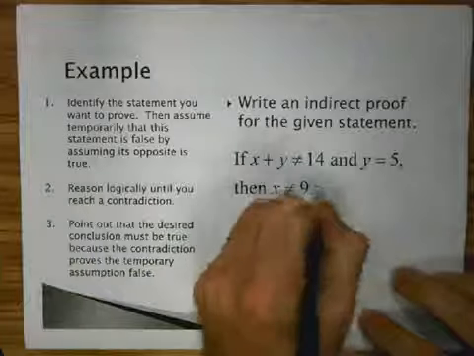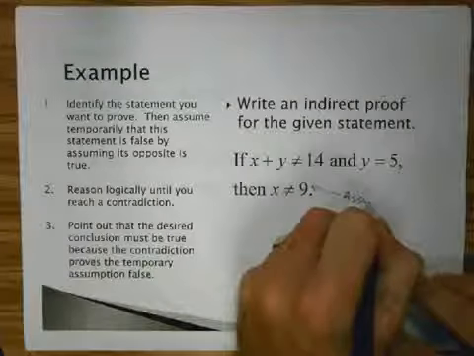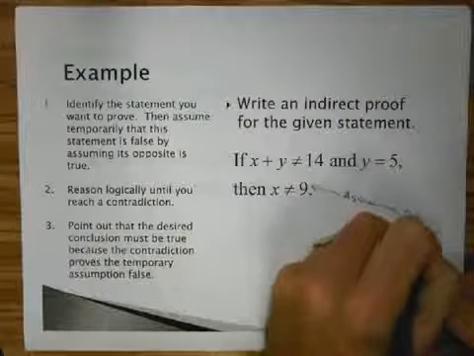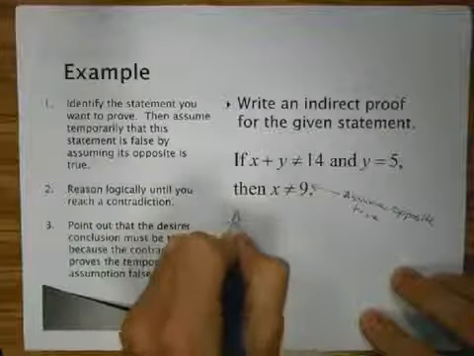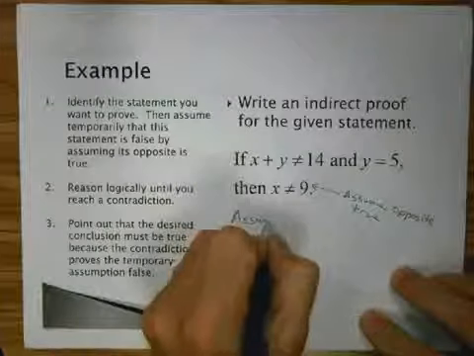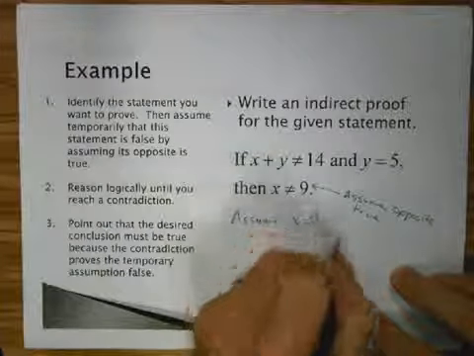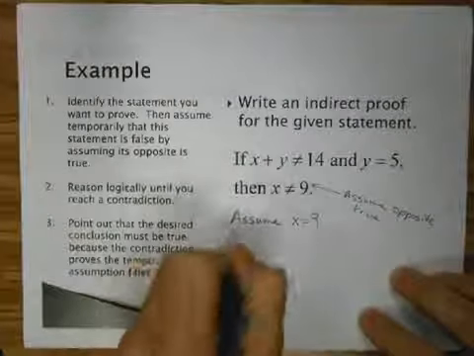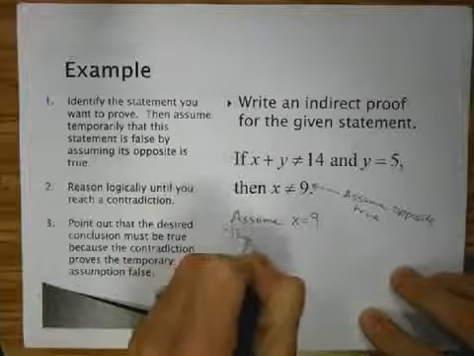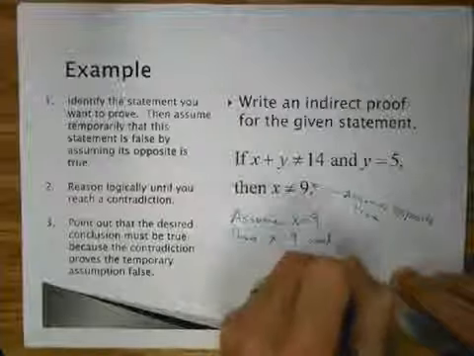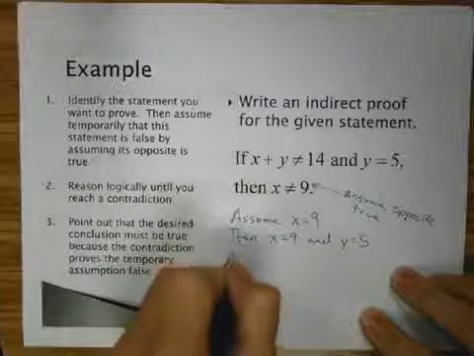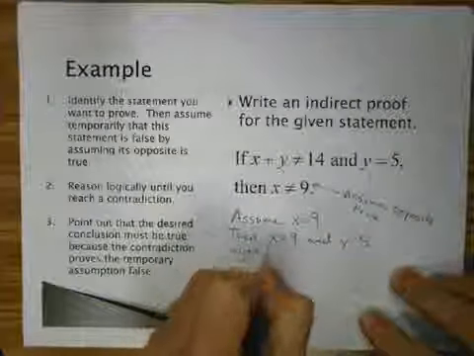Let's look now. Write an indirect proof for the given statement. So we say if x plus y doesn't equal 14 and y equals 5, then x doesn't equal 9. So this is what we're going to assume, the opposite is true. So the opposite of x not equal to 9 means x equals 9. If I assume that,